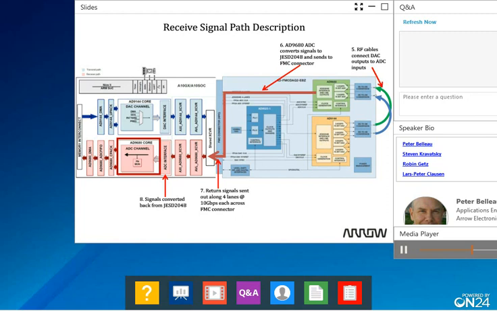The data is then sent back along the 4 lanes at a rate of 10 gigabits per second per lane into FMC connectors and back to the ARIA-10 board. The ARIA-10 reconstructs the data from the JESD204B format back to parallel samples for processing. Using the ADI IIO oscilloscope application, the user can then view the captured data in the time and frequency domains. They can also download the data for post-processing using a tool such as MATLAB.